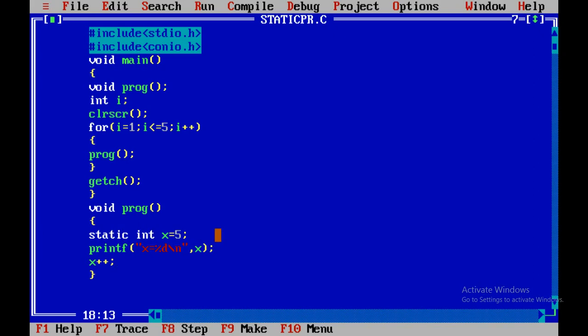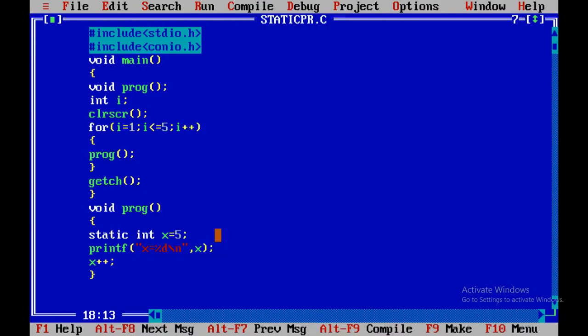That means static, if you specify it for x, is initialized only once. So if you make any changes to x, that will be fixed. For example, in the previous program x became 6 when you did x plus plus. But we declared it as auto, so x was modified back to 5 only. But in this program it is not modified as 5. If x plus plus is done, x becomes 6. So it is not reinitialized as 5. It is now 6 only.